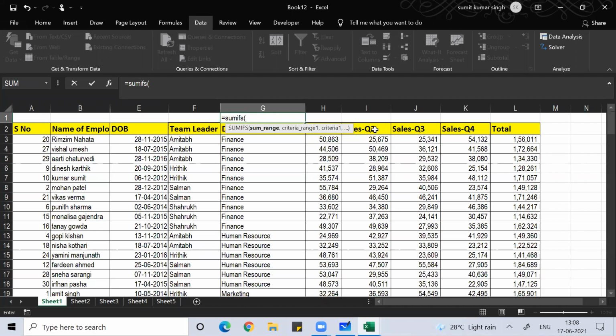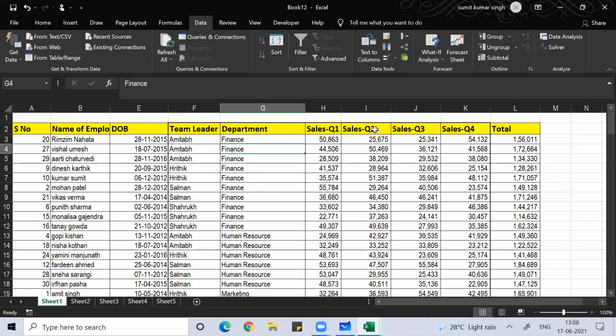So what can I do to avoid all that? The best thing I can do is simply use Data, Subtotal. I hope you're understanding. Before you use subtotal, you need to make sure your data is arranged in ascending or descending order.